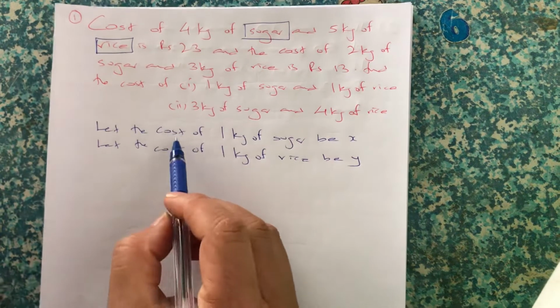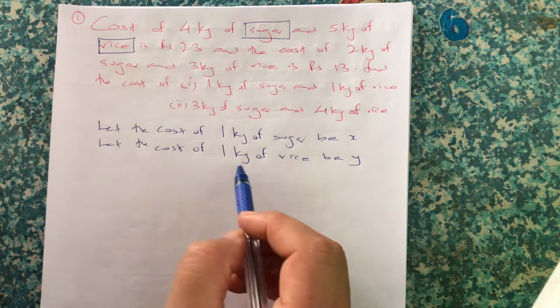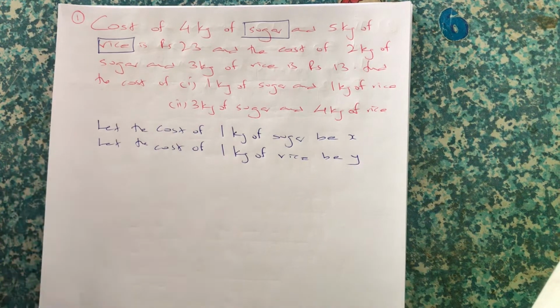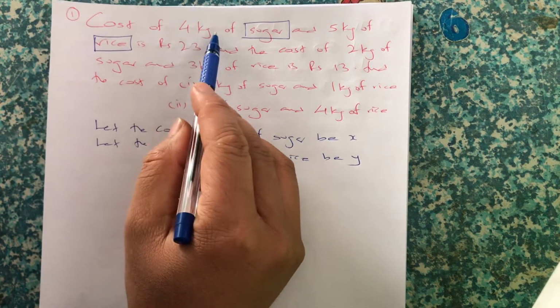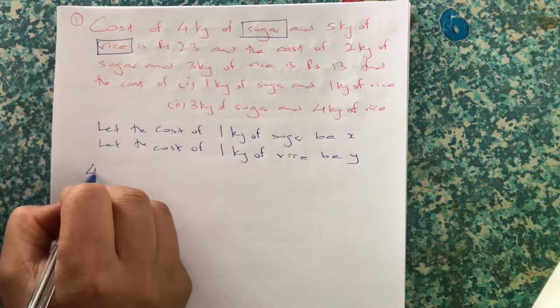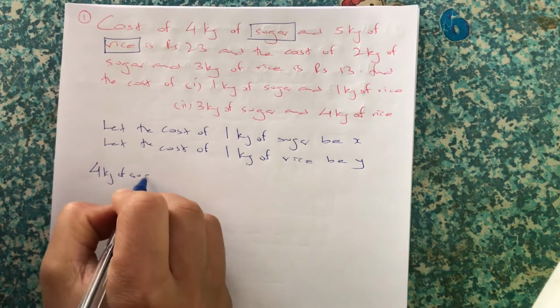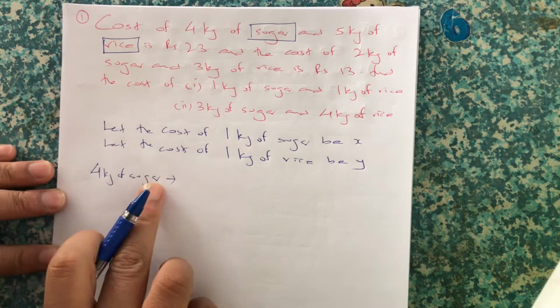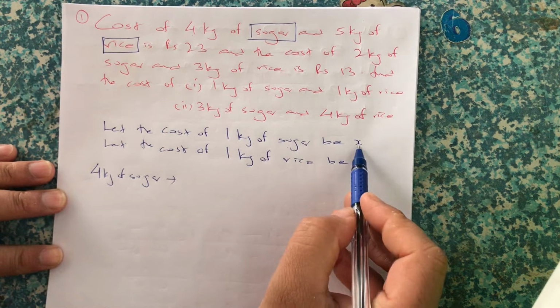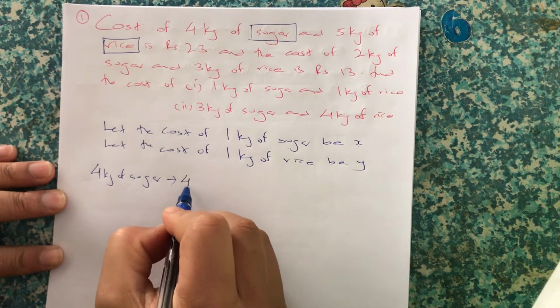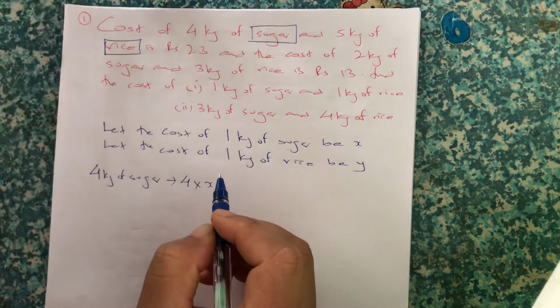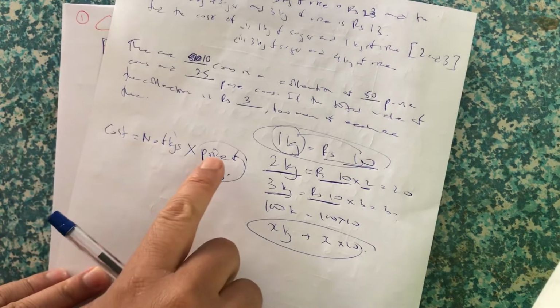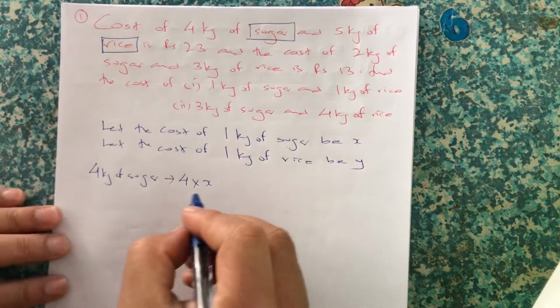So we say, let the cost of 1 kg of sugar be x and the cost of 1 kg of rice be y. Now, how many kgs of sugar are we talking about? It says 4 kg of sugar. If I want the price of 4 kg of sugar, what will it be? If 1 kg costs x, then it is the number of kgs into the price of each. Number of kgs into the price of 1 kg gives me the cost. So the cost of 4 kg of sugar will be